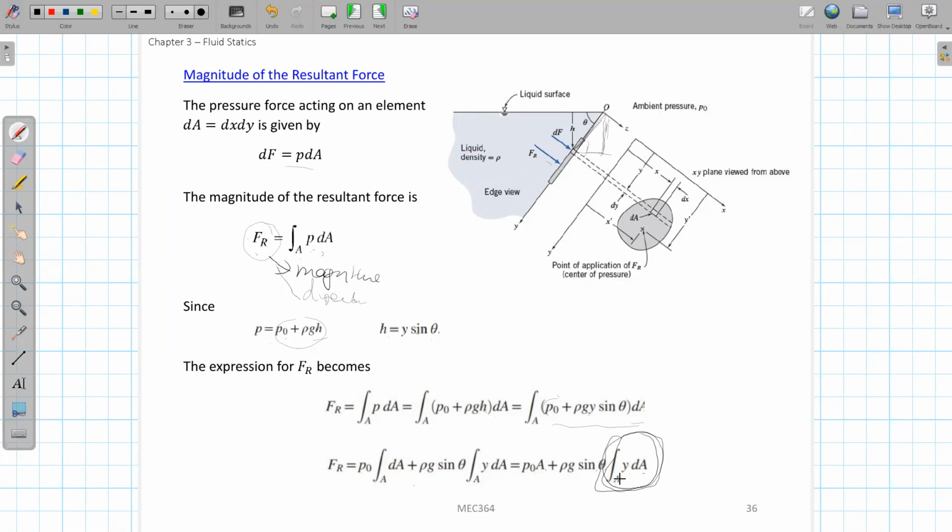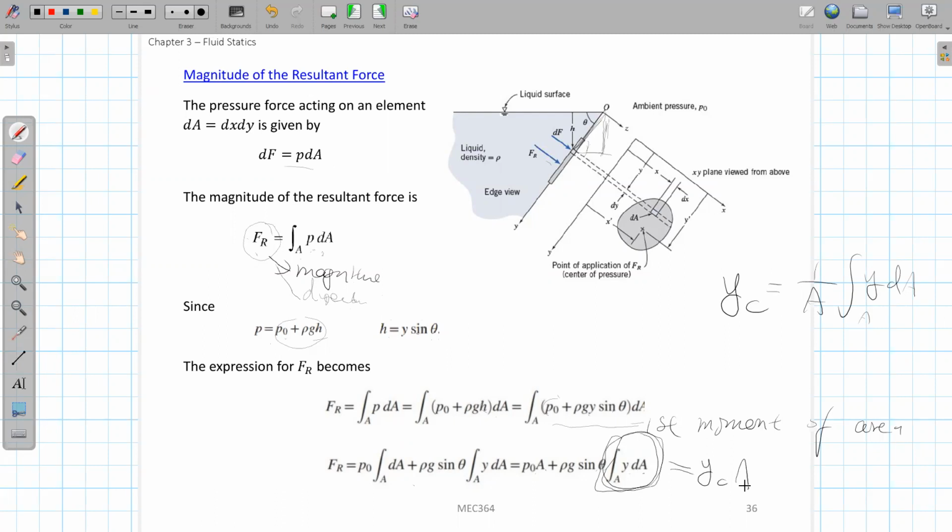You took the statics class before, right? Moment of inertia. This is the moment of area, the first moment of area. So this basically gives you Yc. This is the Y coordinate of the centroid of this plate, which equals the integration of Y dA divided by A. In other words, you can write this term as